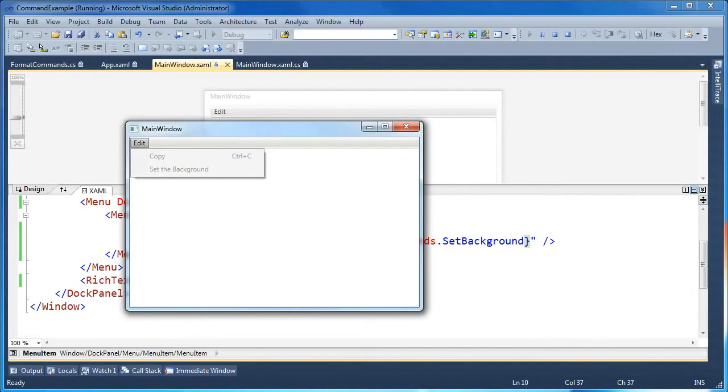That's the default text that we gave it, right? And we can highlight some text and pull it down. Now copy is still available to us, but you see set the background is always disabled. And the reason for that is we haven't written any code to handle what happens when you invoke this